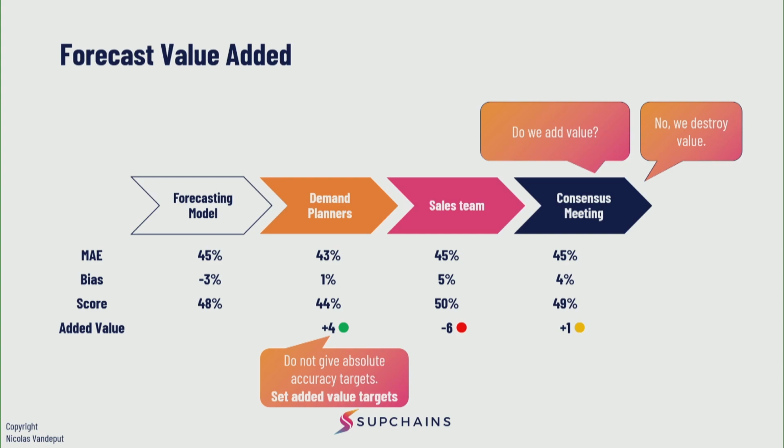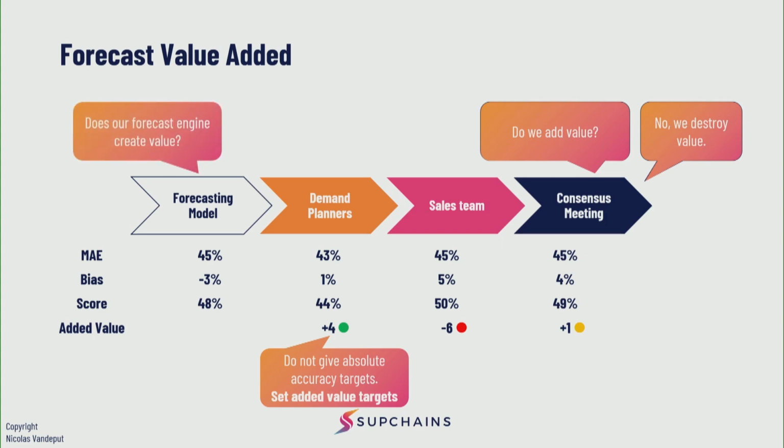If you say to a team, if you reach 60%, you get some sort of bonus or anything, some team will reach that simply because their market is super smooth, no promotion, no shortage, very easy. Some teams will never touch that simply because the market is so difficult with so many promotions or new competitors and so on. This is out of their control. You cannot blame them for that. But maybe this team is adding a lot of value compared to your forecast engine. So actually, they are doing a great job, but still the accuracy is worse than their colleagues.